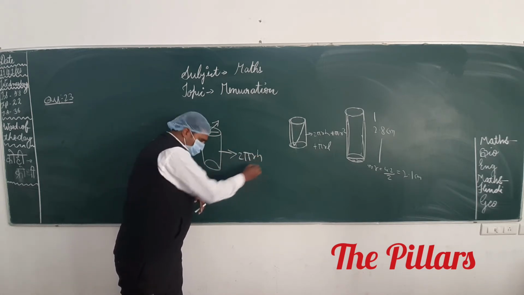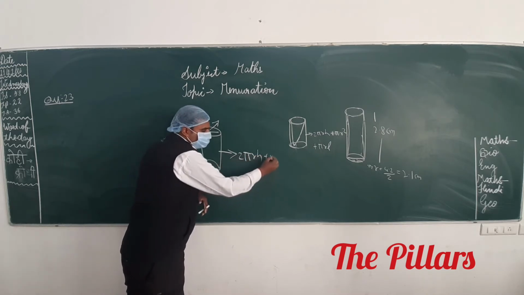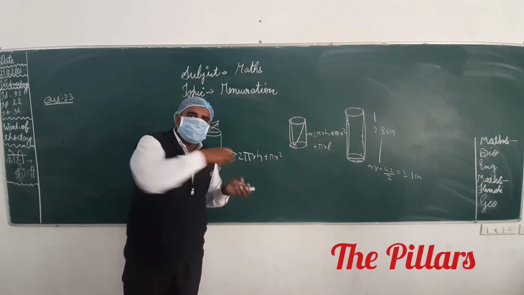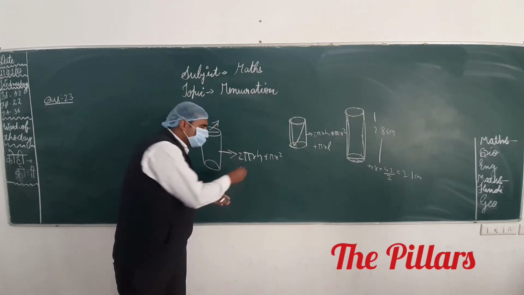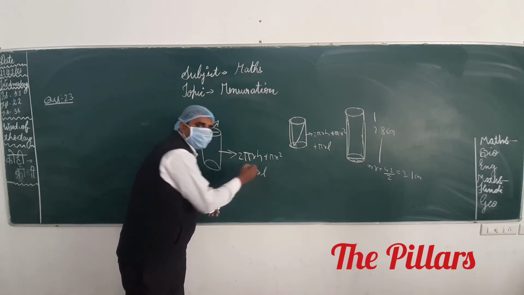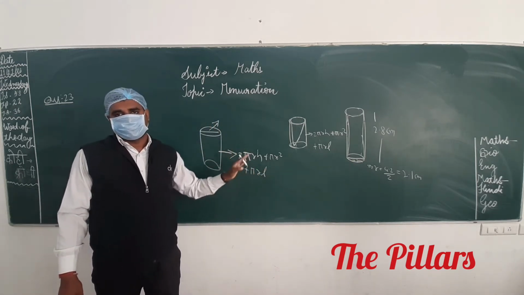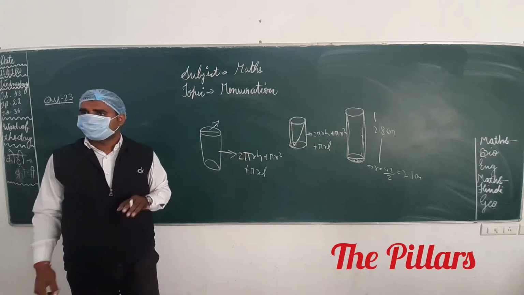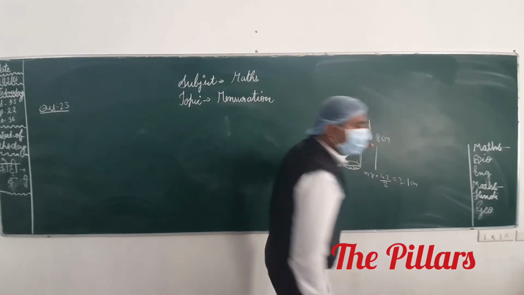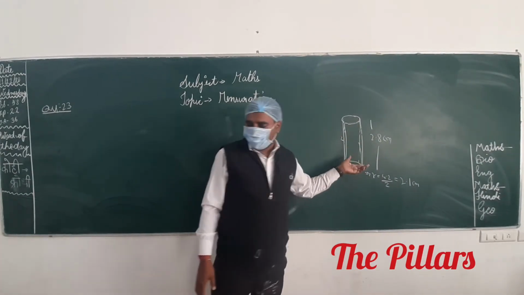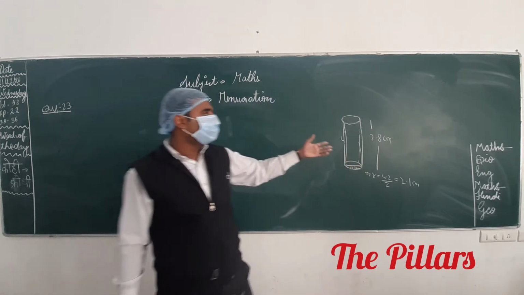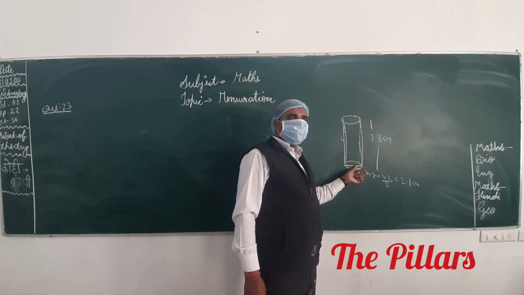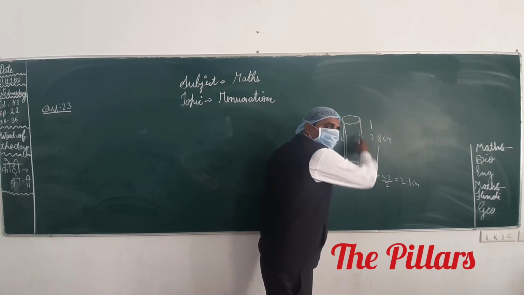The remaining part is the curved surface area of the cylinder plus this circle: 2 pi rh plus pi r square. But whenever you hollow out, in the cylinder we have a space, which is the cone, and the surface area of the cone is pi rl. This is the total surface area of this figure, and we have to calculate it. Got the idea or not? Anyone have any doubt? We have to hollow out a cone. Now the question asks for the total surface area of this cylinder: curved surface area of cylinder plus surface area of this circle and curved surface area of the cone inside.